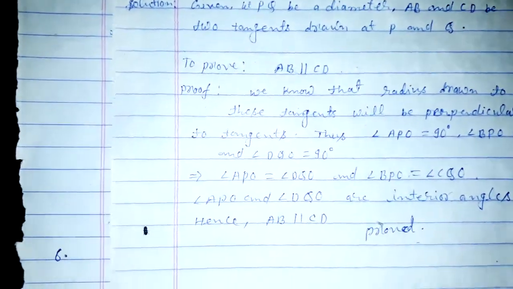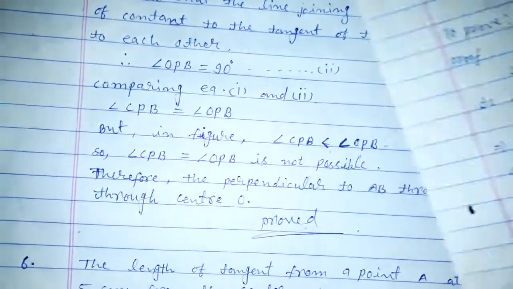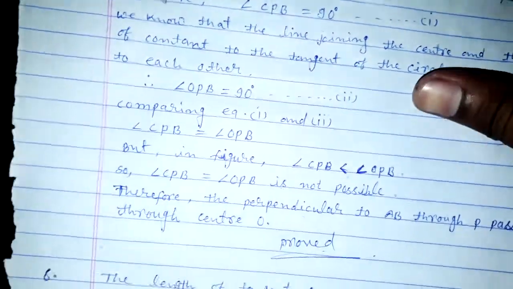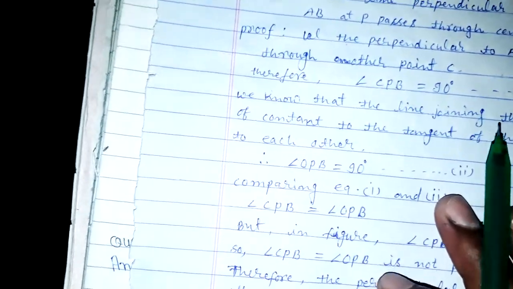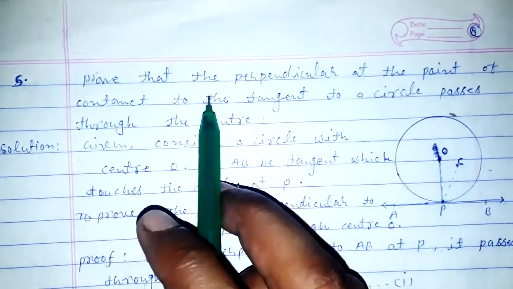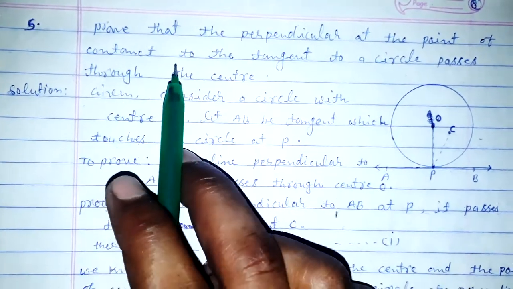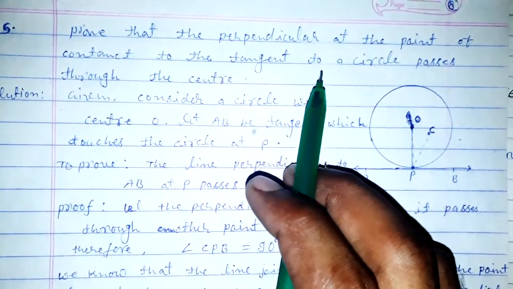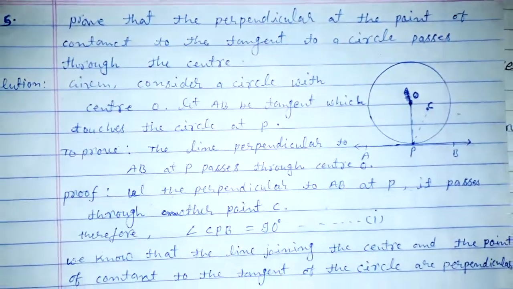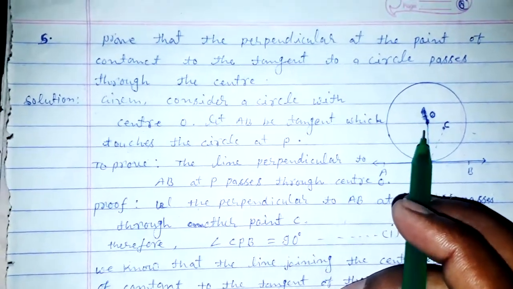So here this is proved. Next is fifth question. Fifth question is, prove that the perpendicular at the point of contact to the tangent to a circle passes through the center. Means here use the perpendicular,